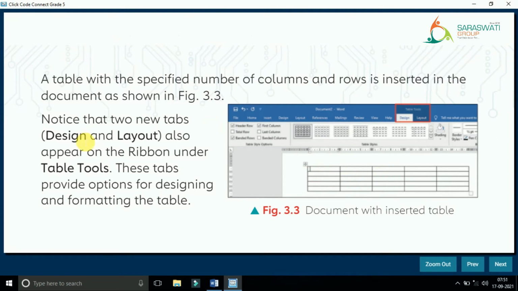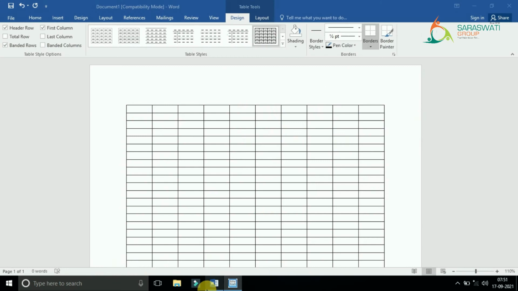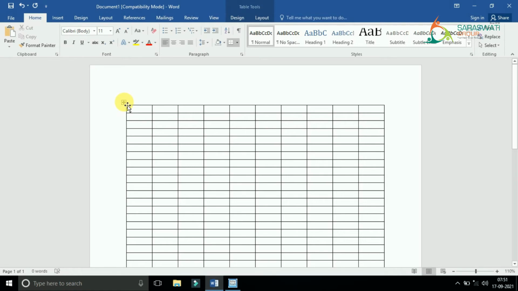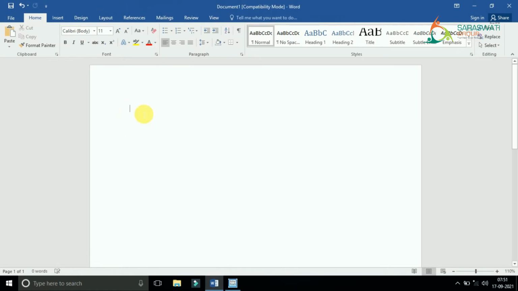Okay, now see, notice that two new tabs, that is Design and Layout, here you can see it is highlighted with the red box, red outline. Design and Layout also appear on the ribbon under the Table Tools. That means when you design your table, you have written the number of rows and number of columns. After that, what will happen? The Design and Layout tab will appear. Let me show you. Right, see here. First it was not there, but now...